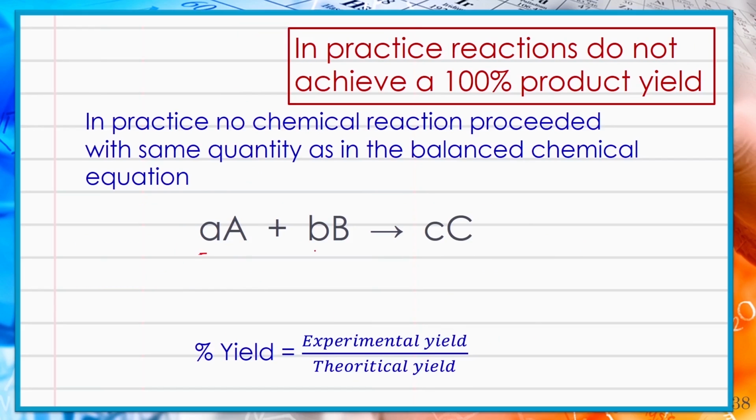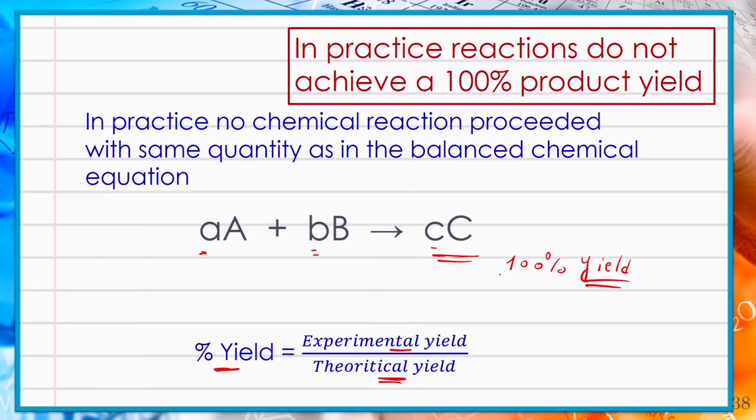In practice, it is unlikely for a reaction to proceed with the same quantity indicated in the balanced chemical equation to give the exact amount of product indicated in the equation. In fact, chemical reactions do not achieve 100% product yield due to several factors. Some reactants may be lost during the reaction process, or the actual quantities of the reactants are less than required, and many other factors. As a result, the percent yield of a reaction, which is the experimental yield divided by the theoretical yield, is